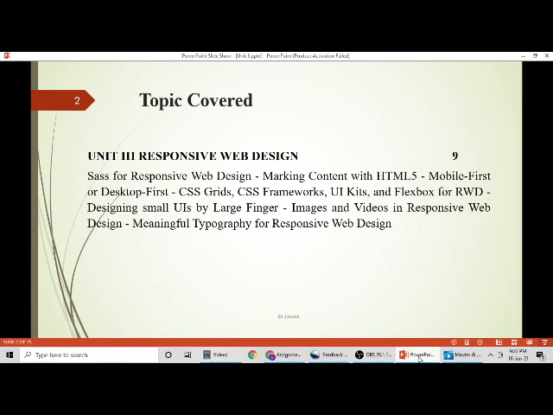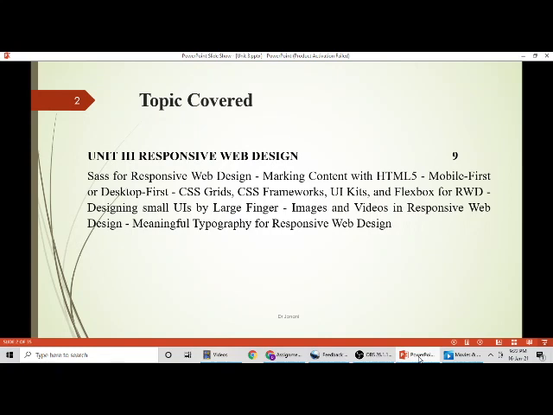This responsive web design is critical because it decides whether the website is flexible for the user, whether it is user friendly, and whether the user likes the way the application has been designed, and so on. So responsive web design is critical when you really want to develop a very good website.